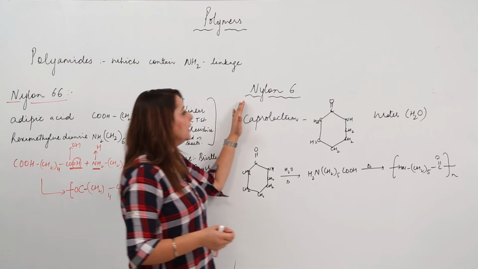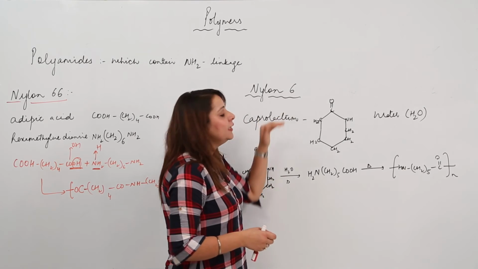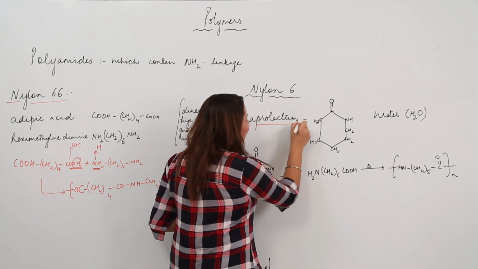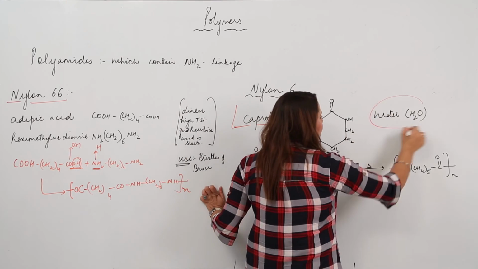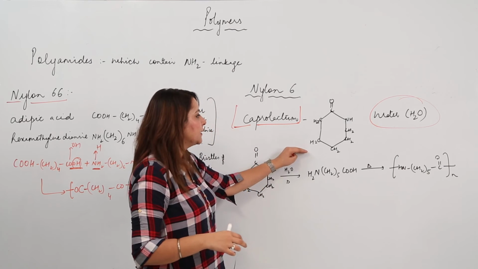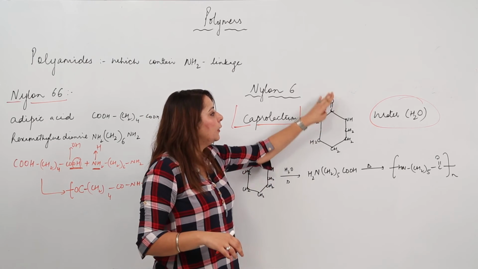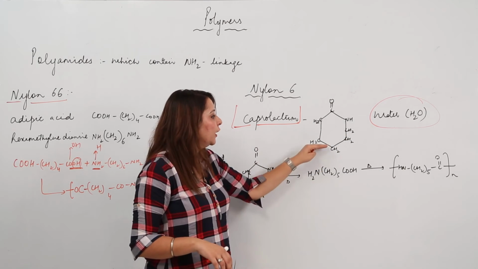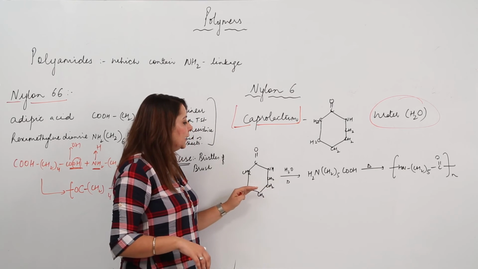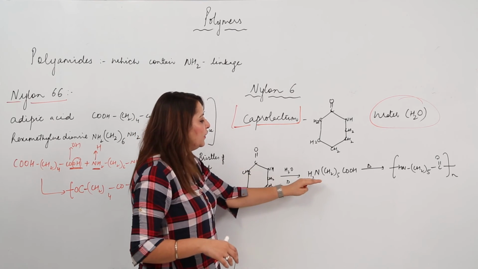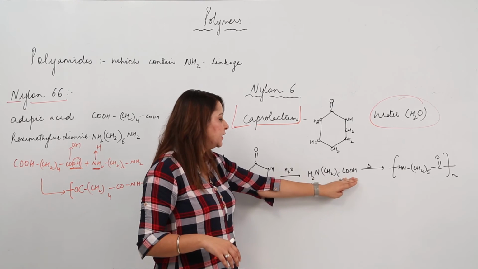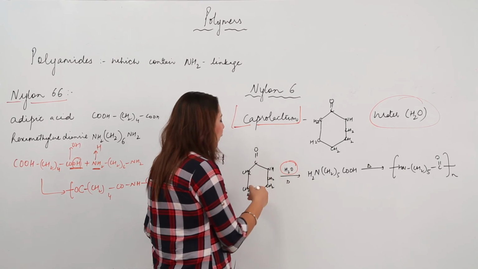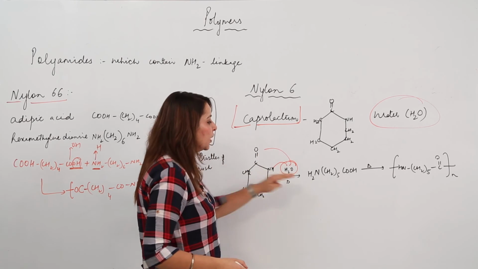Now coming on to the second example, we have nylon 6. Here the monomer which is required is caprolactam, and we need to heat this caprolactam along with water. This is the caprolactam. As you can see the structure, it is C double bond O, NH, CH2, CH2, CH2, CH2 and CH2 group. So we are going to heat this structure with water, and it opens up and we get NH2, CH2 whole 5, COOH, because H2O gives its one H to one place and OH to the other place.